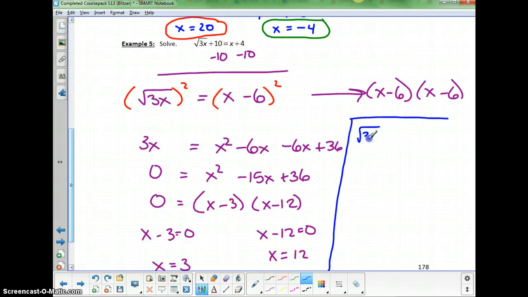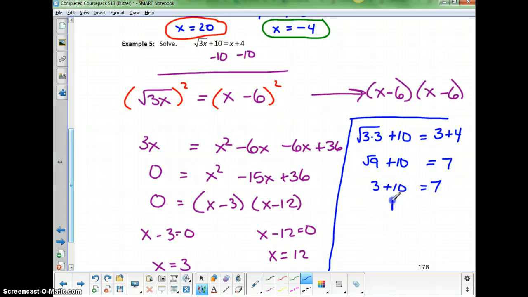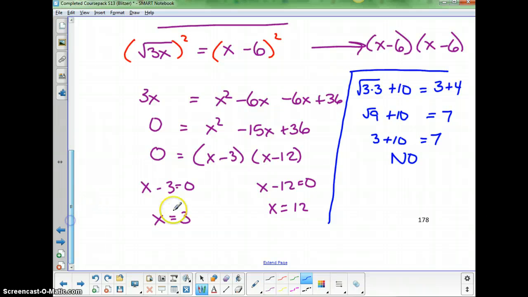So I've got the square root of 3 times 3 plus 10 equals 3 plus 4. 3 times 3 is 9, so the square root of 9 plus 10 equals 7. The square root of 9 is 3, plus 10 is 13, not 7. This one is definitely a no. So we see an example right here where x equals 3 just doesn't work, even though it looks like it works just fine. It does work for the squared version of the problem, but not for the original. Okay, let's test the other one. Square root of 3 times 12 plus 10 equals